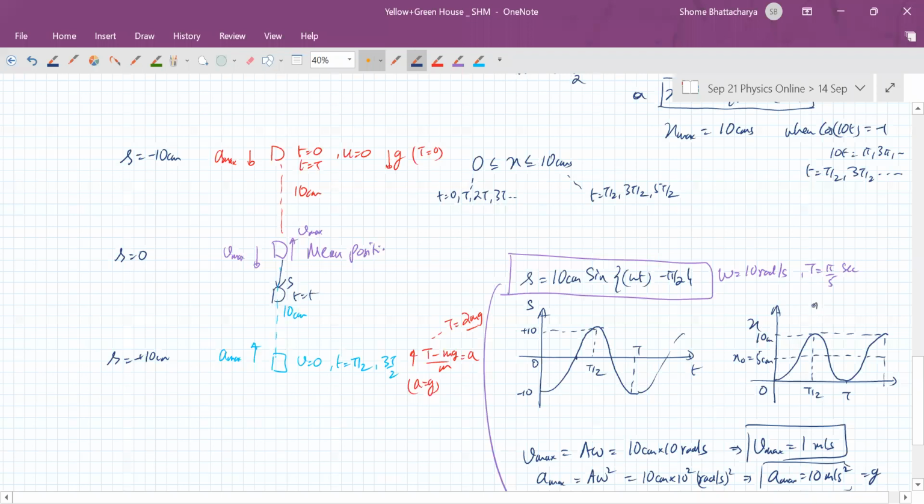Because that is the relationship, that X is equal to 5 minus S cos omega. So S by 2. Whereas